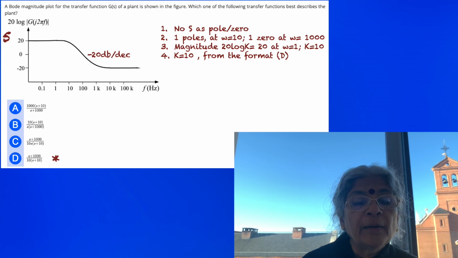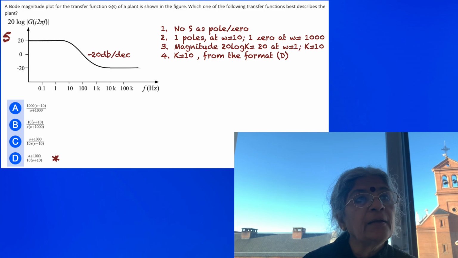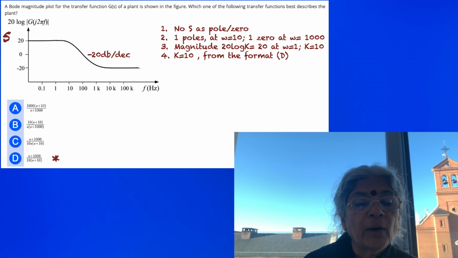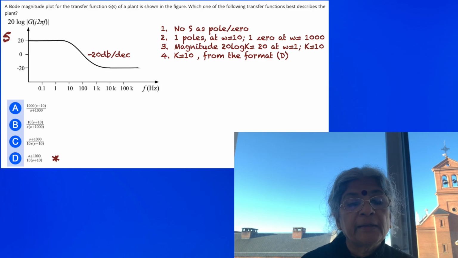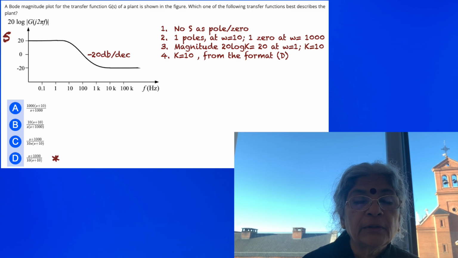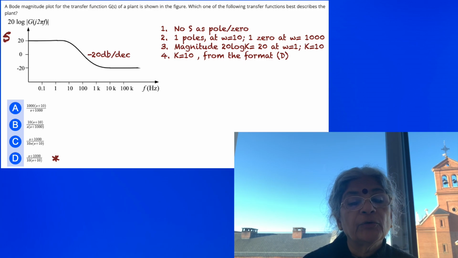On the other hand, it's possible that you can have the whole construct be equal to 1 plus s by 1000 and 1 by s plus 10. There is neither an s on the numerator nor on the denominator, and that's the reason why b and c are automatically rejected. So of the other two, let's contend between the two. We have on the numerator a 0 given by omega equal to 10 and a pole at omega equal to 1000. Everything is fine,